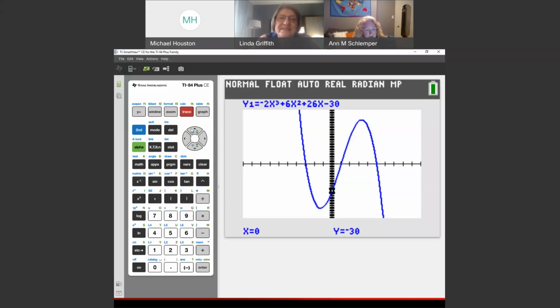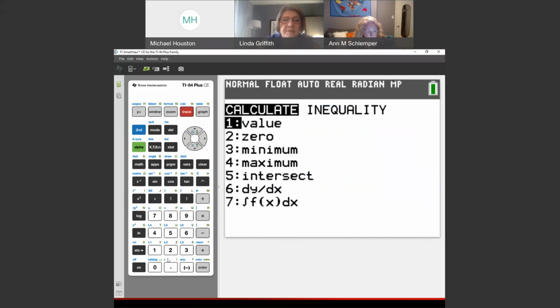So if we trace, which you might want to do first with kids, you see all these kind of gross decimals, and you can change what you're tracing by. But another thing to do would be to teach them how to find these mins and max. You've probably done it before with the old calculators or the black and white ones. What's nice with the color ones is that when you do second trace and you want to find the maximum per se,